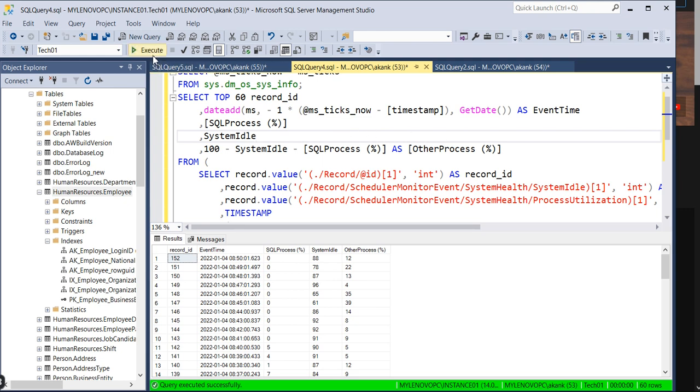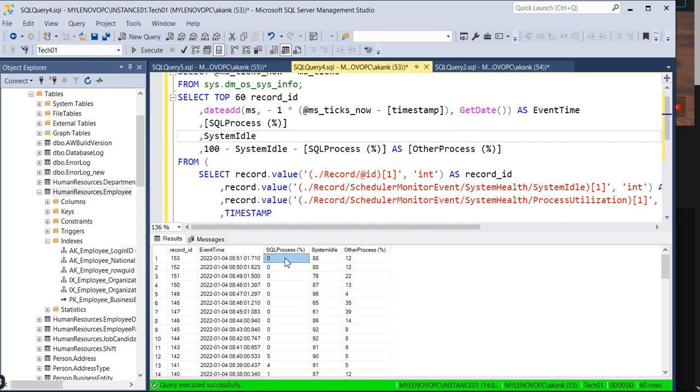If you execute this script, it will give you the exact overview about the SQL Server process. If you see the first row, the SQL Server process is taking 0%. As of now, it's idle. It's not taking any CPU from the SQL side. A lot of other processes are consuming the CPU, but our SQL Server is not taking any as of now.